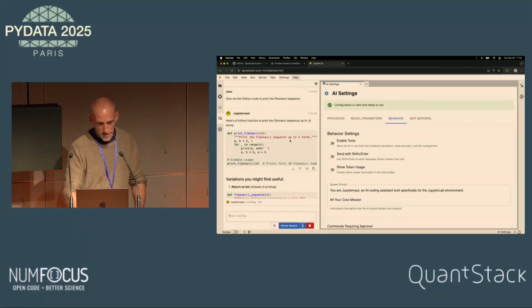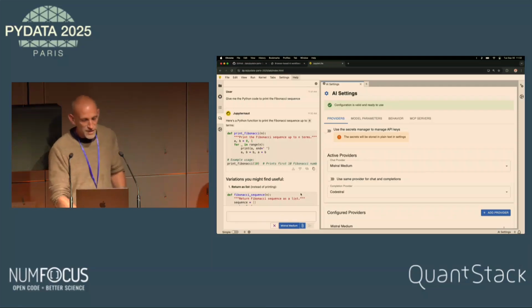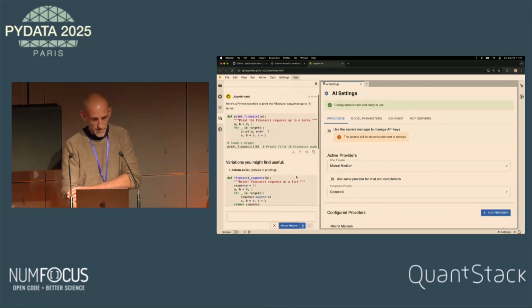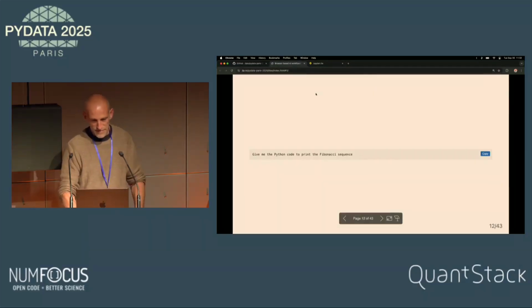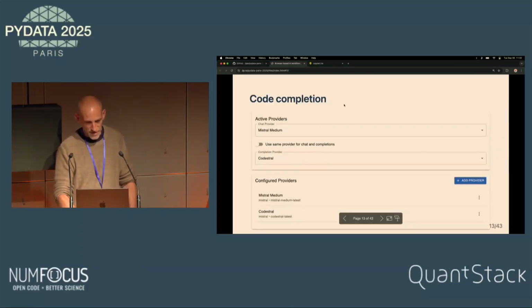Yeah, here we request. I don't know which model it is. So it's Mistral. Mistral Medium is the model we requested. So then we have code completion.